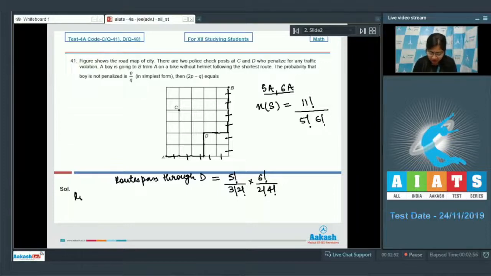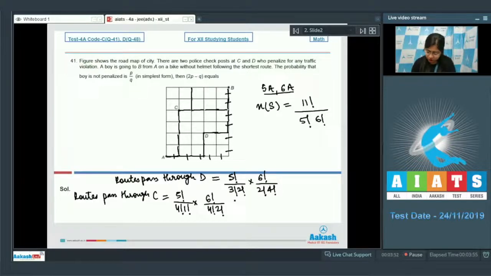Right? Now similarly, let's find the routes that pass through C. That is equal to 1 horizontal path and 4 vertical paths, that is 5 factorial divided by 4 factorial into 1 factorial, into, now here we have 4 horizontal and 2 vertical steps, that is 6 factorial upon 4 factorial into 2 factorial. So this is equal to 5 into 6 upon 2, that is 25 into 3, that is 75, and the value of this will be equal to 10 into 5 into 6 divided by 2, that is